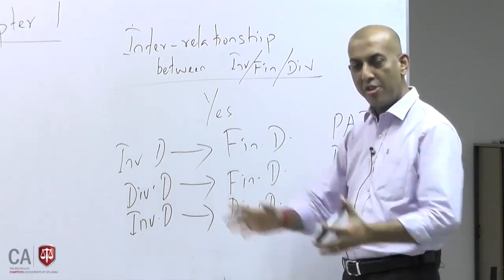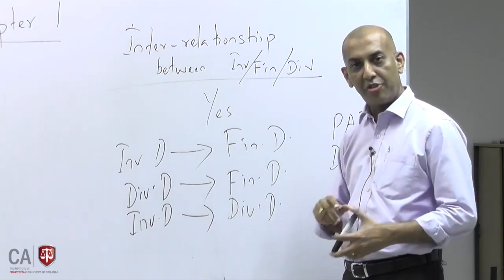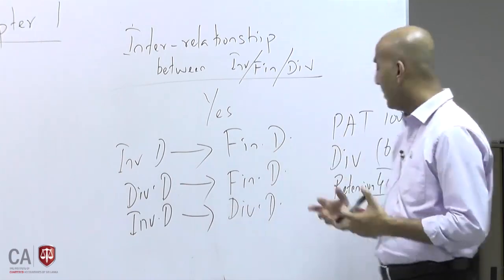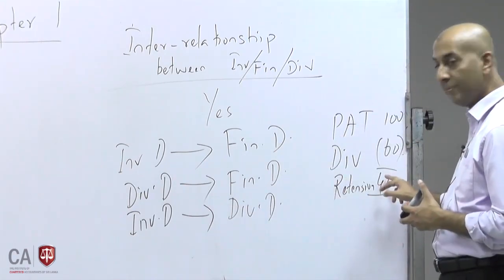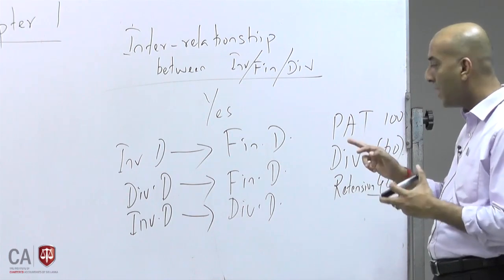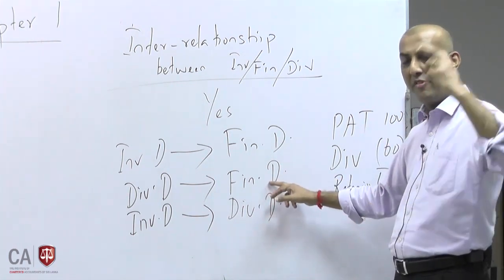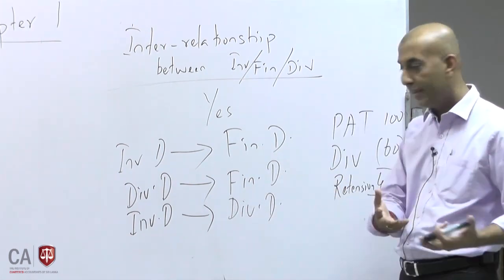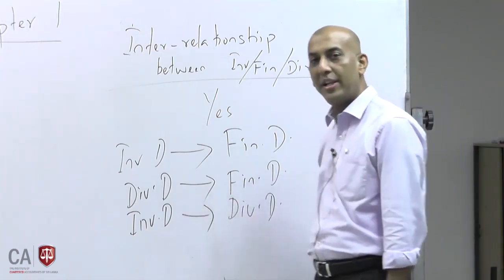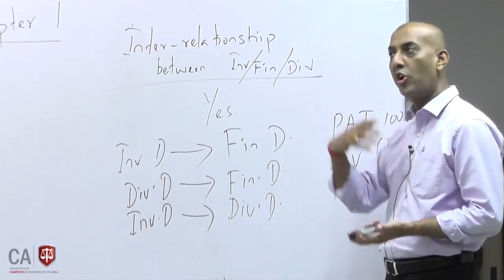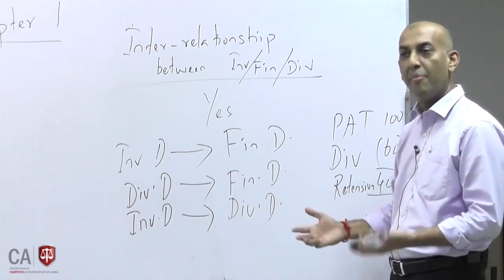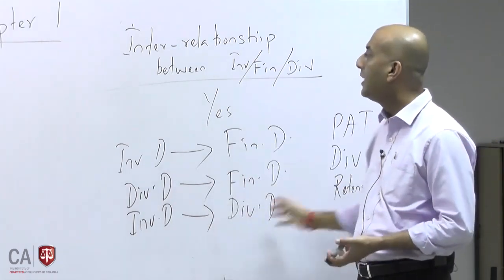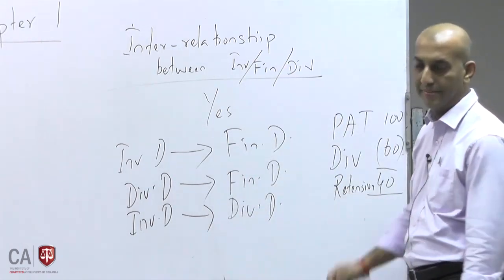Investment decision, when I make a decision to buy land, impacts my financing decision because I have to decide how to finance that investment. Dividend decision will decide my retention. That retention will decide my future financing. If I want to invest in a new project, how do I finance? If I don't have any retention, I have to go for borrowing or new share capital. So that is second. Third, the investment decision I make today definitely has an impact in the long run on my dividends or profitability. Profitability will link to the dividends, so there is impact of investment on dividends. So these are the linkages between the three decision making.